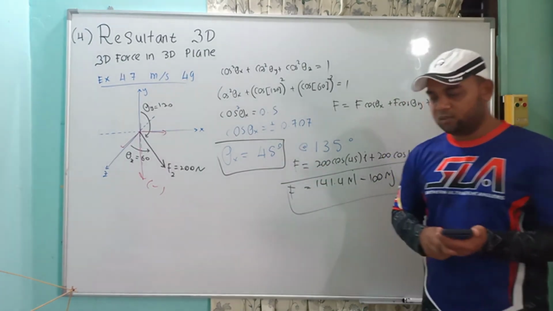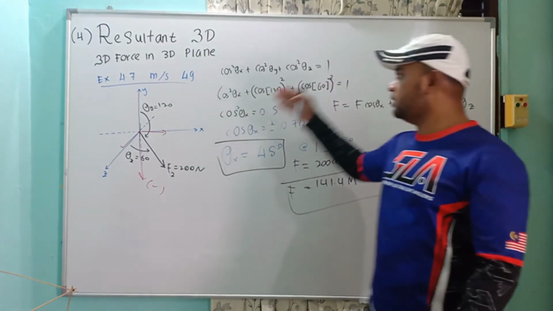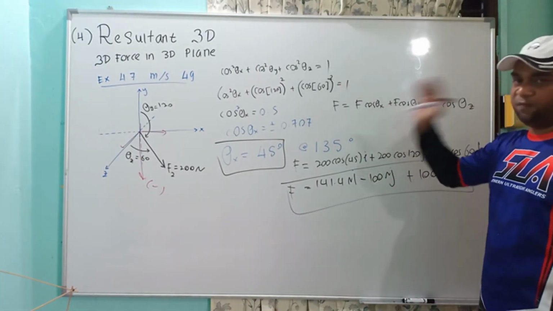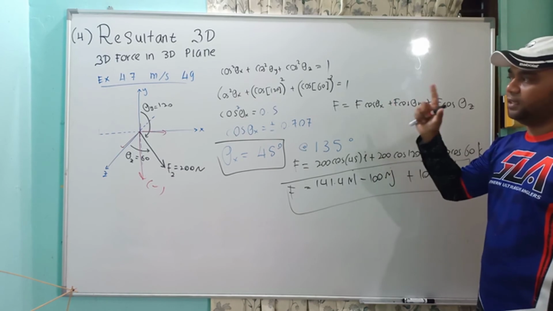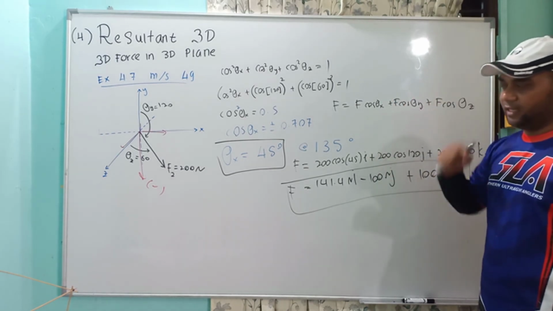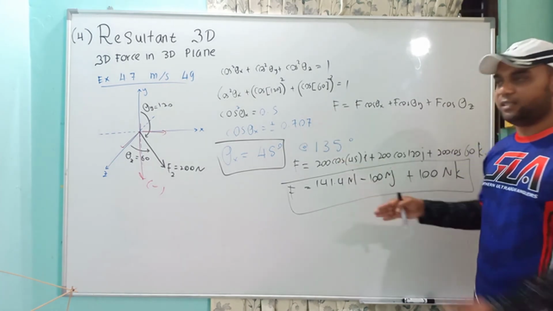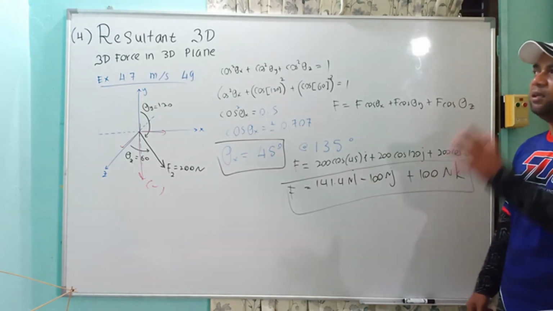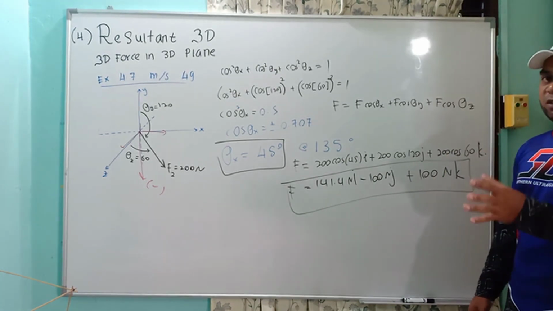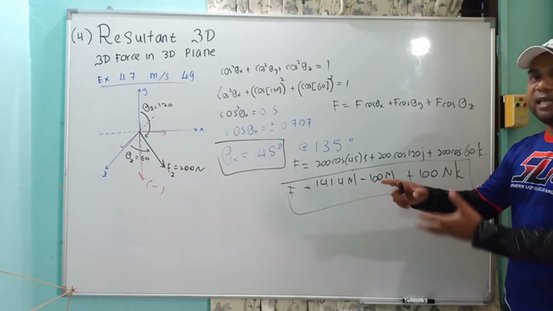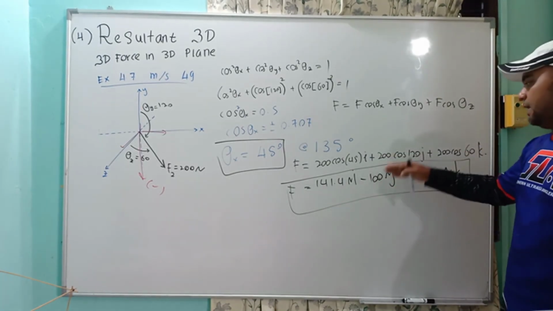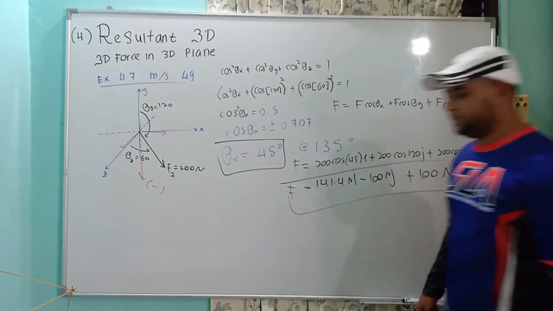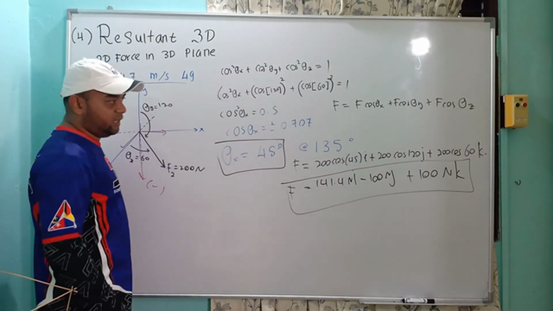So this is the force in the 3D plane, where you resolve the force into i, j, and k using the first angle method, where you have all the angles between the axes and the force. If not given, you calculate them first and then put them in the equation to transform into i, j, and k. Later on, we will have several forces. We will resolve everything into i, j, and k using several methods, and lastly we add all in the i direction, the j direction, and the k direction. Okay, so that's all.